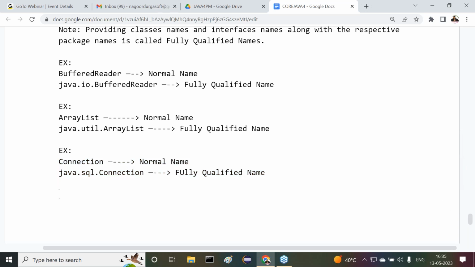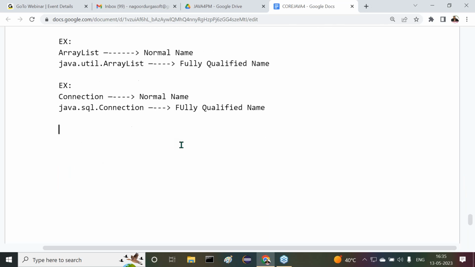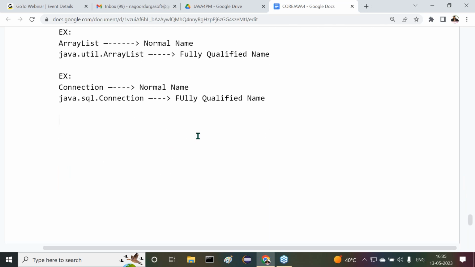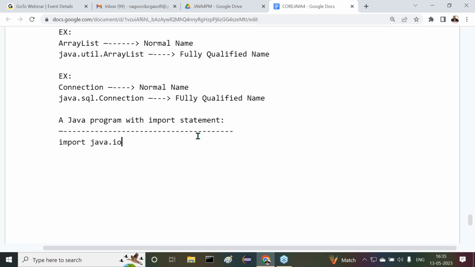That's okay, fine. Now I want to give one more example, a little bit programmatic. Observe carefully. A Java program with the import statement. I'm just writing this program here. Now try to understand it clearly. First of all, I want to use import java.io.*;